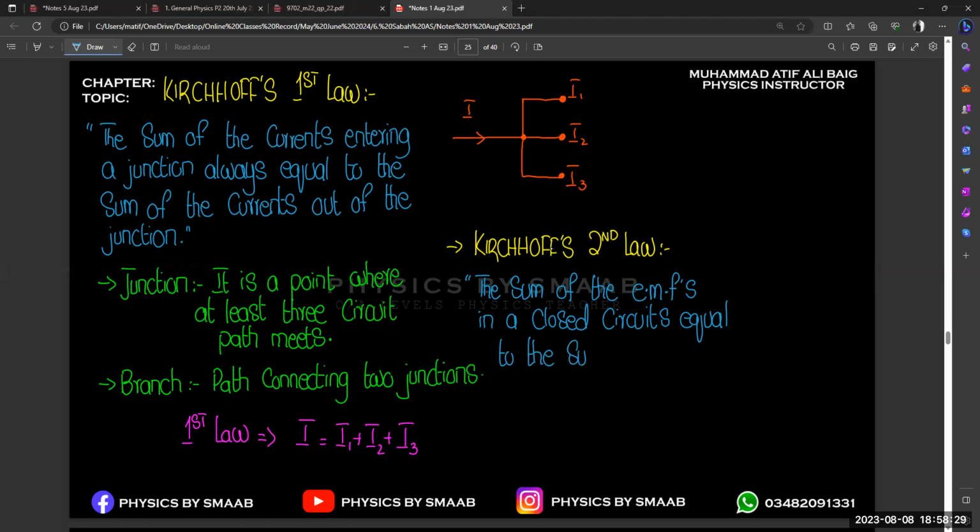The sum of the potential difference. Because we know EMF is related to the battery, connected with the battery, and potential differences are actually with the components. So that's why there is always a difference between EMF and potential difference. So if you want to write it, your equation will be,